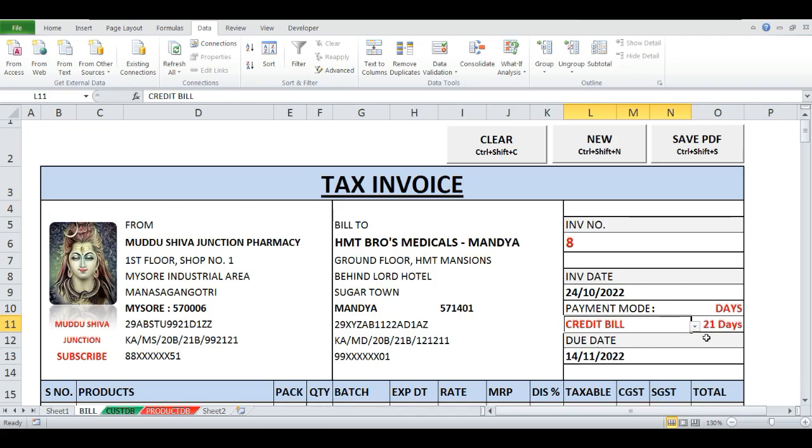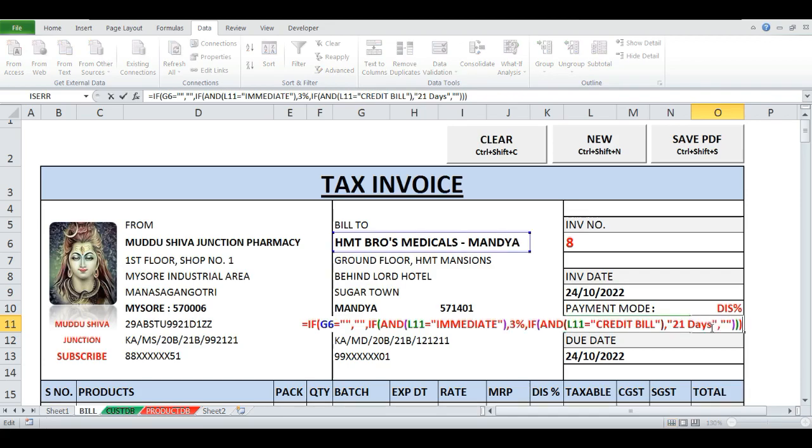If I select credit bill, it will show 21 days, or else blank. So I am selecting here immediate payment. For that I have entered the formula here in O11. Now I am pressing F2. See the formula: if G6, meaning customer name, is blank, the result should be blank, or else if it is